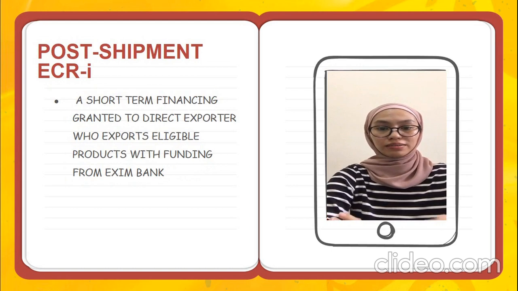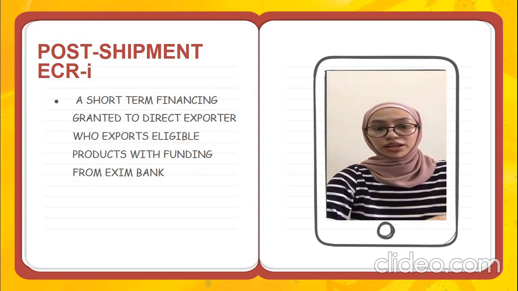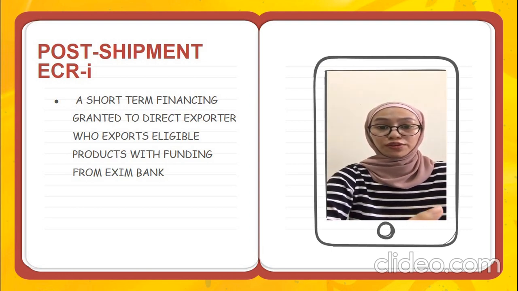So the risks, of course, there are risks. For exporters who fail to settle the matured ECR, they are not allowed to further utilize the facilities, and the recovery process, including legal process, may be taken against the exporters who fail to settle the matured ECR to recover the amount due. Of course, if the exporter has a problem in terms of the payment obligation, they can contact the bank to further discuss the alternatives that need to be taken.